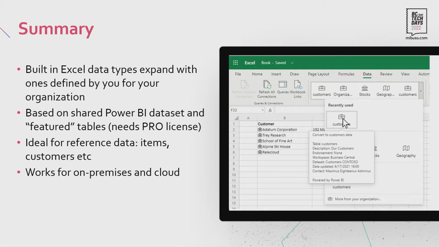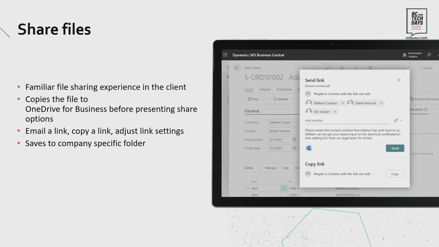Yep, sounds good. Thanks. So yes, we brought the share experience to Business Central, and it should be the same experience that you're used to in all the other M365 products. But something a bit different that Business Central does is it takes the file from Business Central and uploads it to your OneDrive for Business before showing the share options or opening the document in the OneDrive preview. From the share menu itself, you're then able to email a link like we did in the demo, or copy a link,